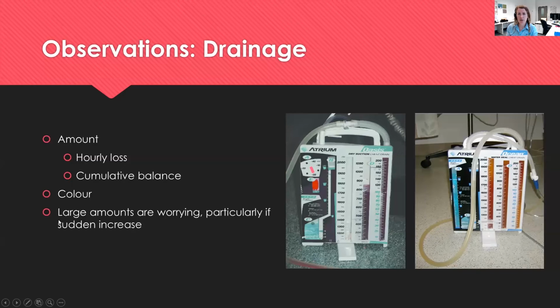And I guess also just to be mindful that large amounts are worrying, particularly in the event that it's a sudden increase. So if you've had a patient pottering along and they've been putting out 10 mils an hour, 5 mils an hour, 20 mils an hour, and suddenly they've put out 150 mils, that would be an immediate escalation to the medical team. Chances are we're going to sit on them and watch and make sure that it wasn't just a one-off hourly thing, that that's a consistent raising,